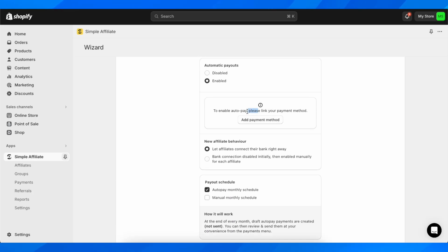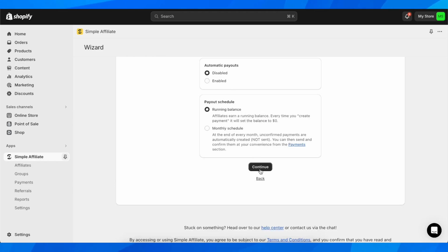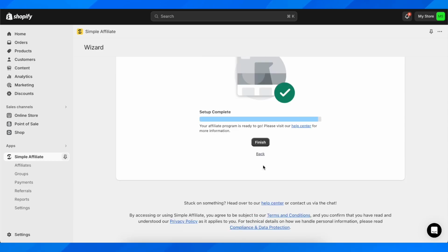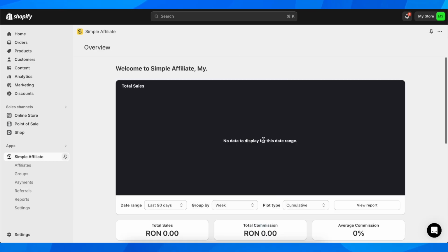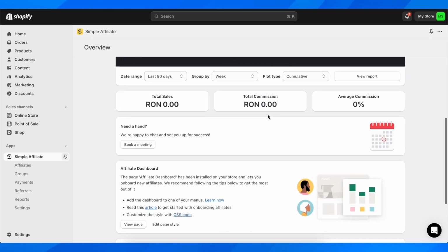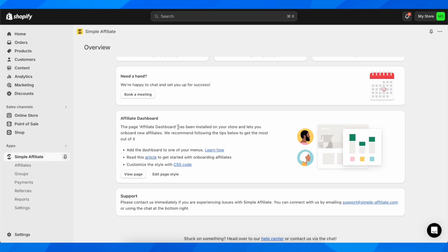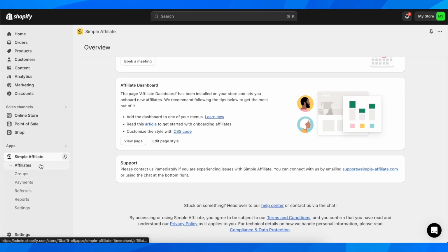Now keep in mind that you need to add a payment method here if you set up automatic payouts. So I'm gonna disable this, and then click on continue here, and then click on finish. And now what you're gonna have to do, as you can see, now we should have this affiliate program on